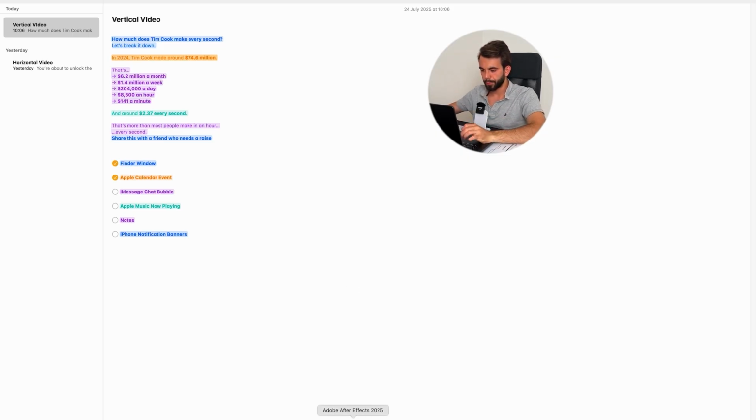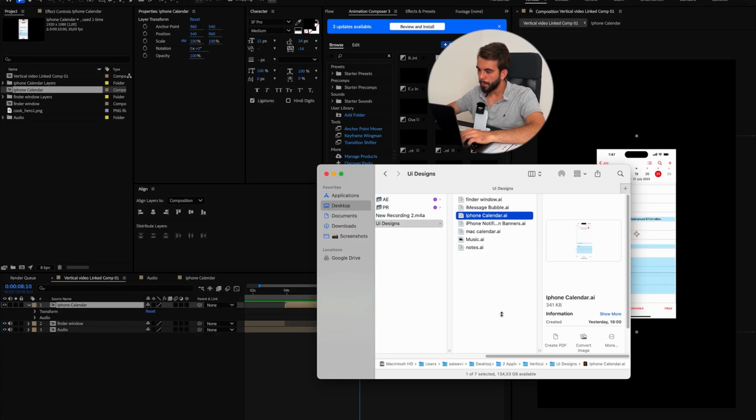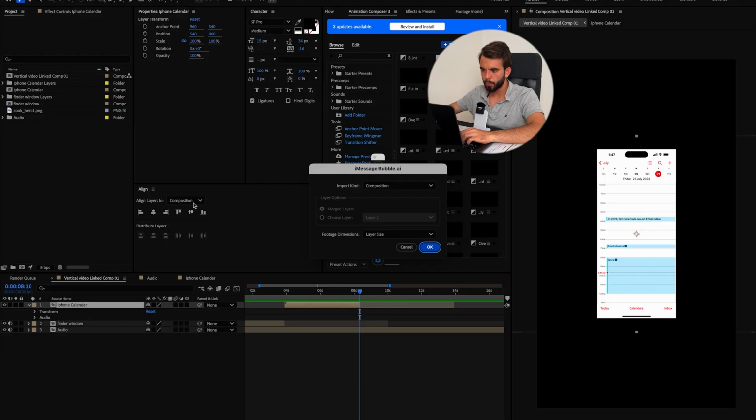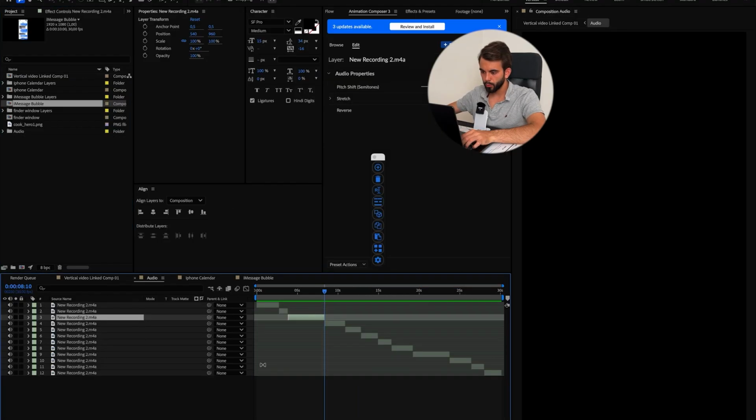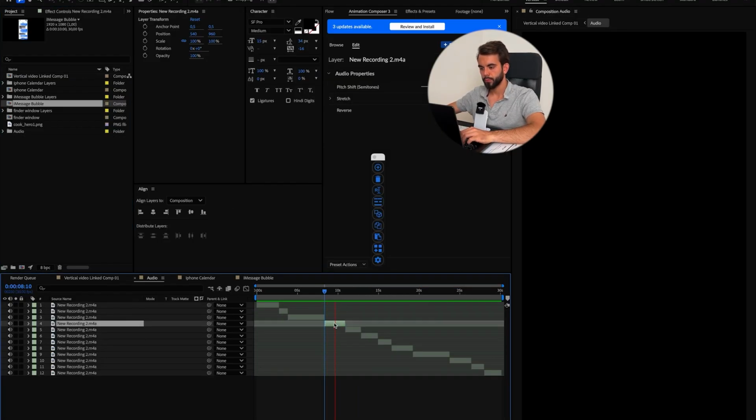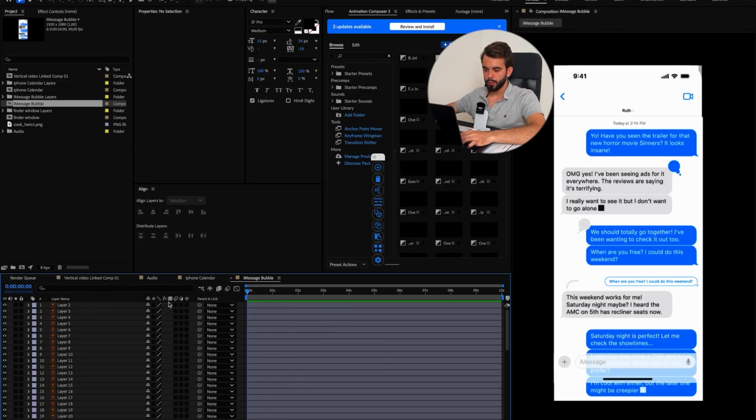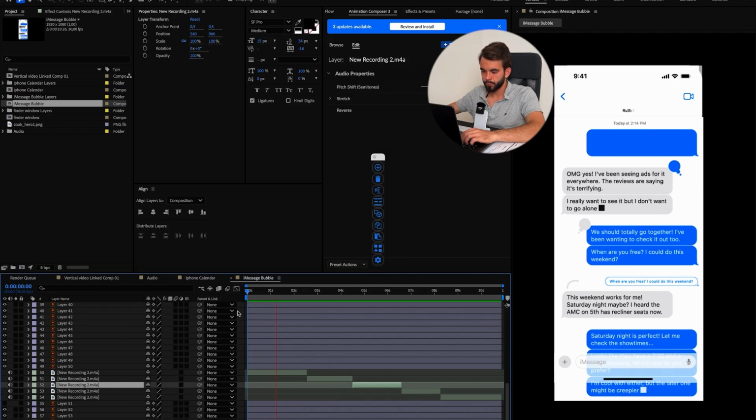iMessage chat bubble. Okay, iMessage bubble. Drop it in, composition, layer size, audio. That's $6.2 million a month, $1.4 million a week, $204,000 a day, $8,500 an hour, $141 a minute, and that's $2.3. And copy this iMessage and paste it in here. That's $6.2 million a month. Okay, let's put our